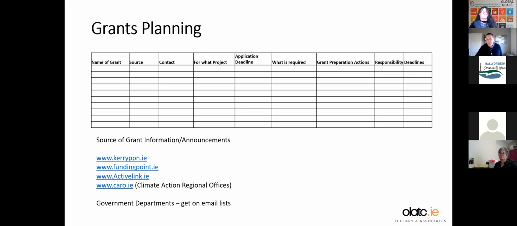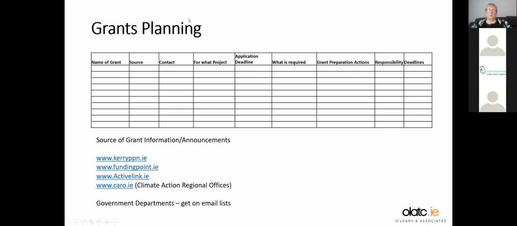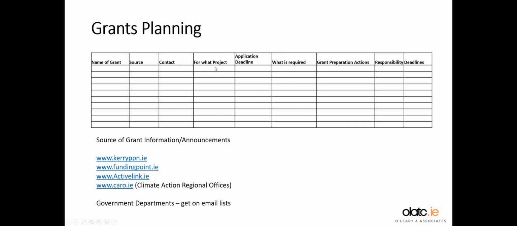So we get loads of emails in from various different departments, because we basically kept in touch with them. Not saying you become their buddy and stalk them or anything like that. We're not emailing every 5 seconds, but build some sort of contact. You've got an email trail back and forth from the department. Put down what project you're going to be applying for. So you might have multiple projects that you're running, and you start